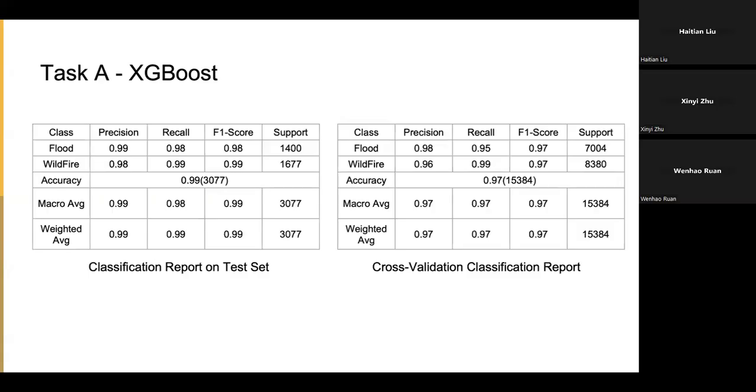And on the test set, the model achieved an accuracy rate of 99%, and the F1 scores of floods and fires were 0.98 and 0.99 respectively. In the five-fold cross validation, the overall accuracy rate was 97%, among which the fire detection recall rate was slightly higher, reaching 0.99. This indicates that through feature design and weight tuning, we have effectively enhanced the detection ability of fire damage. Meanwhile, the model performs consistently under different data divisions